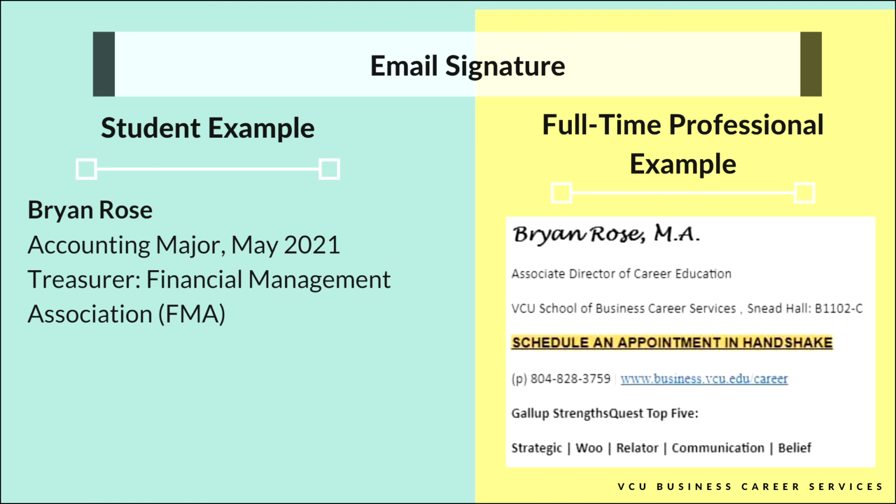If there's any action that you typically and repeatedly want someone to take, so maybe you're in sales and they can connect with you some way, and access your calendar or schedule some way, it's okay to put that in your email signature. So for me, I put that as a hyperlink in my email signature for students to schedule appointments, so I don't have to repeatedly put that in emails. I just tell people to reference that in my signature, and then I have my phone number, our website, all that good stuff.